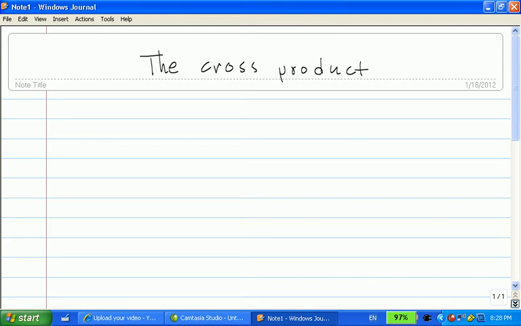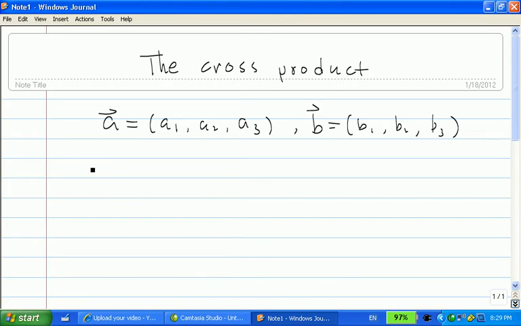In the previous section, we learned the dot product of two vectors. In this section, we will learn another product, which is called the cross product. For the given two vectors, A and B, where A is A1, A2, A3 and the vector B is B1, B2, B3, the cross product